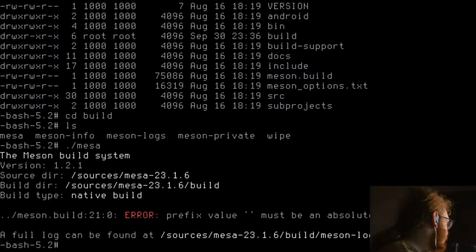I keep forgetting to set that. Where is it? I can't remember now. Meson prefix. Oh god, how do I set Meson prefix?